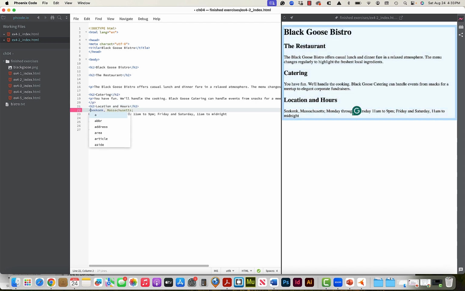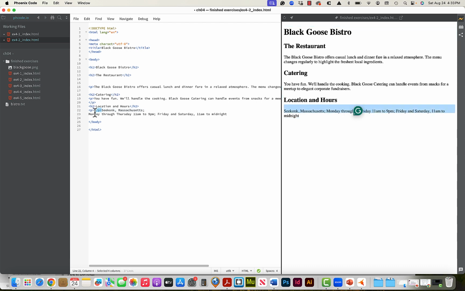And I'm going to wrap a paragraph tag around the rest of this. And you see how just by adding these basic tags around everything that it's already started to stylize and break up this content. So to go back, what my screen reader will read, what a search engine will read,